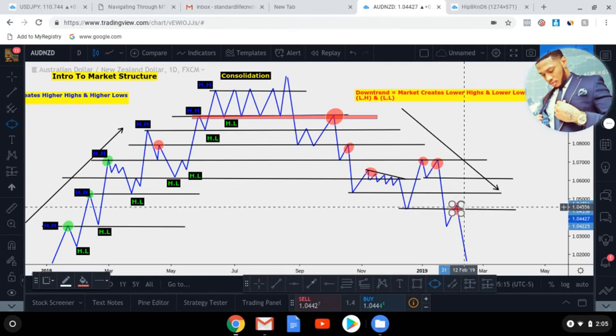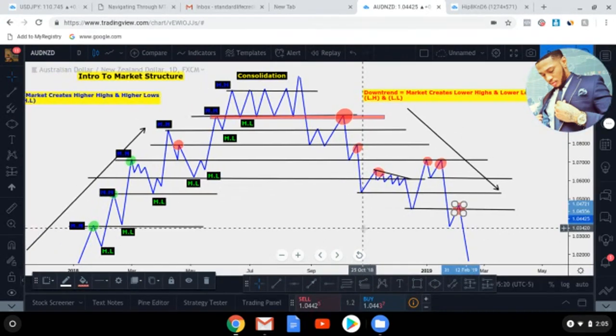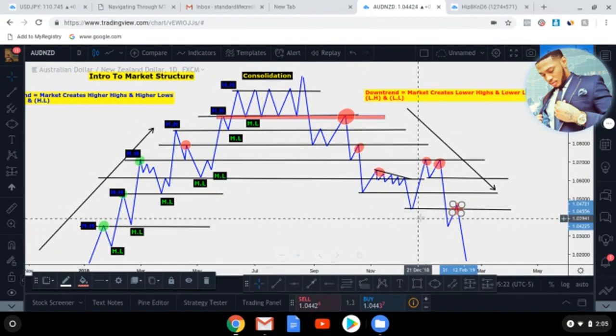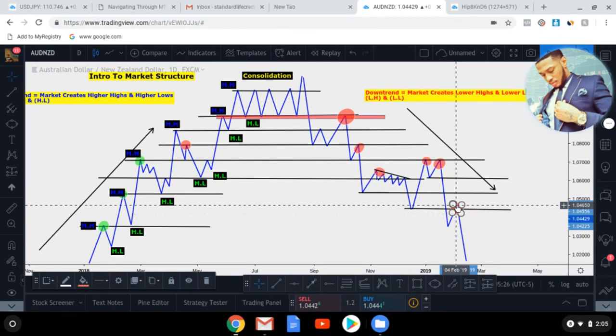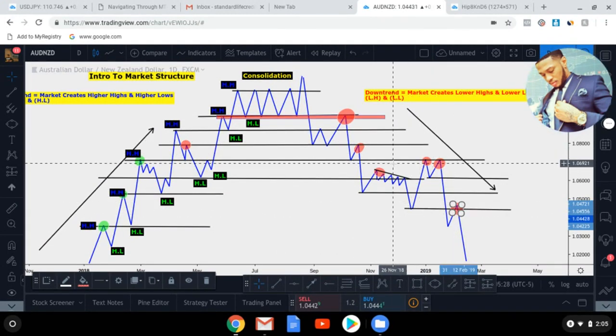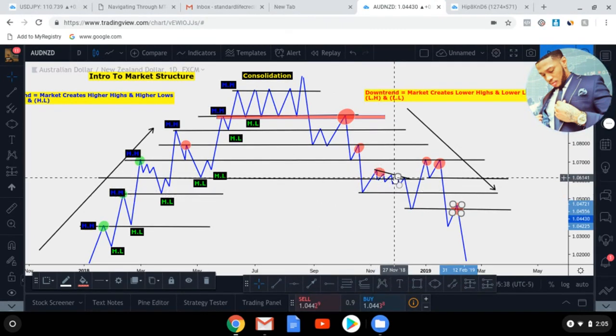So without using any indicators or any of this extra stuff, you're able to recognize what price looks like when it's in a seller's market and where you want to look to sell. You want to sell at the peak. You want to sell at the highest point where you find some level of support or resistance in the past, right? Right here, you would have known to be able to sell right here